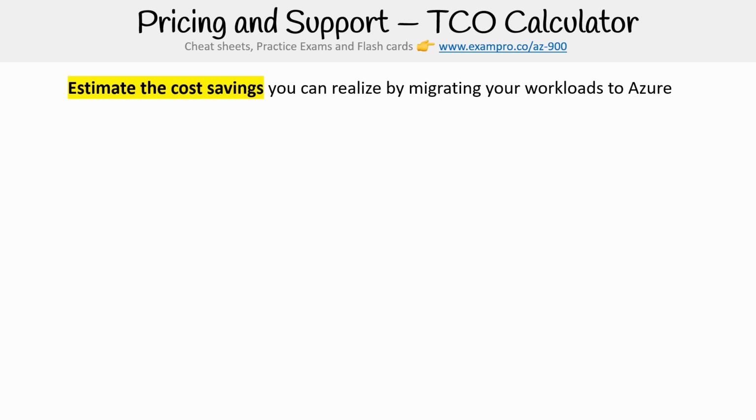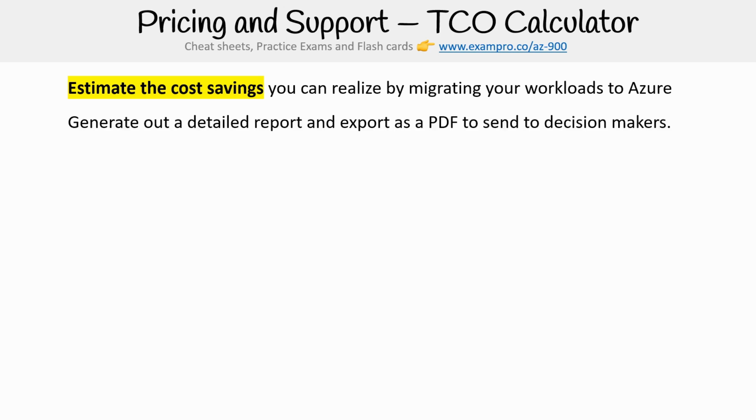It estimates the cost savings you can realize by migrating your workloads to Azure. So what it can do is generate a detailed report and export it as a PDF to send to your decision makers. Now you have to input all the information in, but it's going to help you convince your boss, convince the executive level that it's time to move over to the cloud because they'll be saving tons and tons of money. And so if you want to use that calculator, you just got to go to